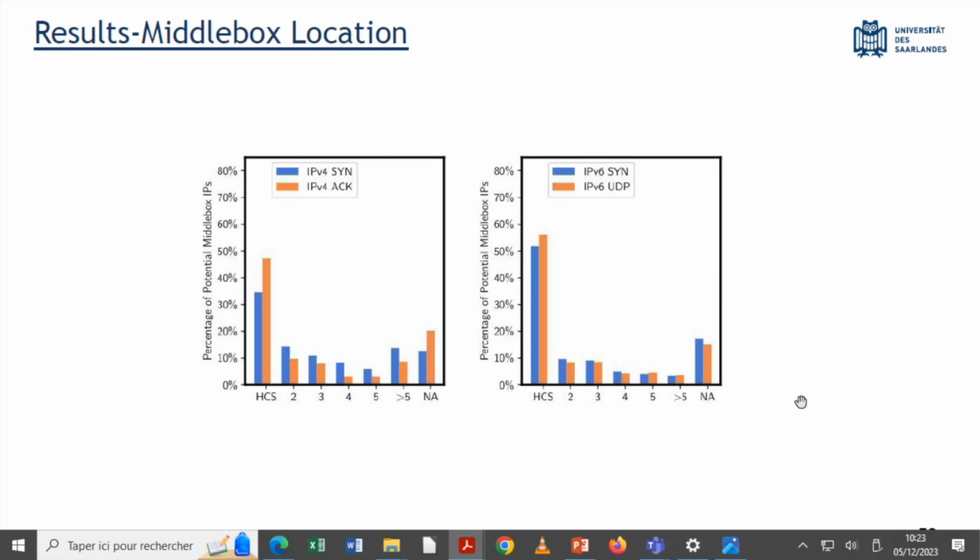The most desired set is a set with a gap size of 1. That is the highest confidence set. This set will have potential middle box IPs where the previous hop just before the middle box hop replies, so we are quite certain in this being the middle box hop. On the left, we have IPv4 results, on the right, IPv6. For both, we find that the majority of the middle boxes map to the highest confidence set.